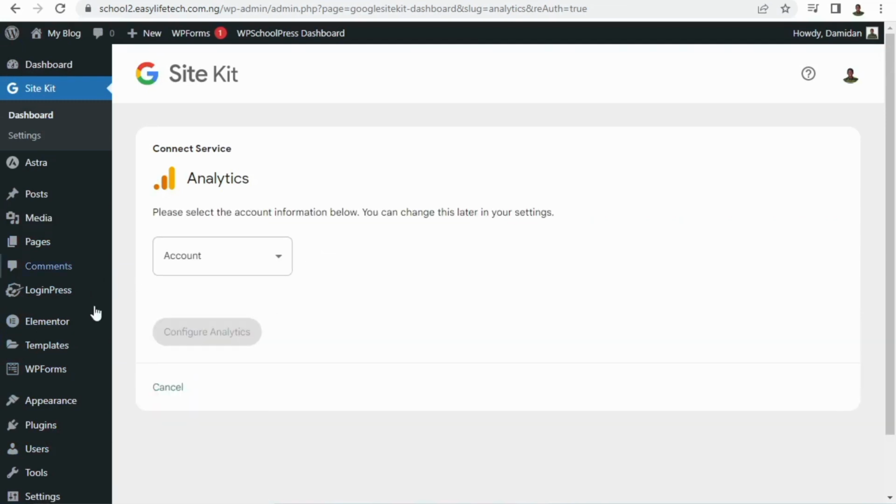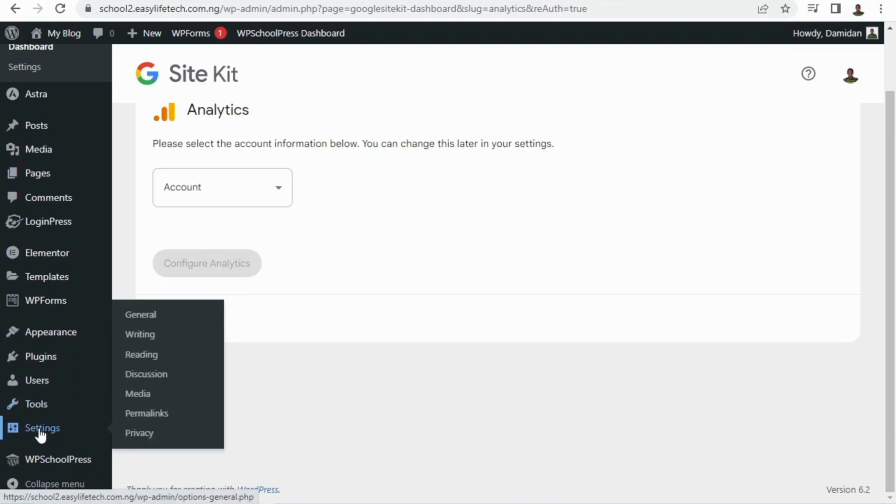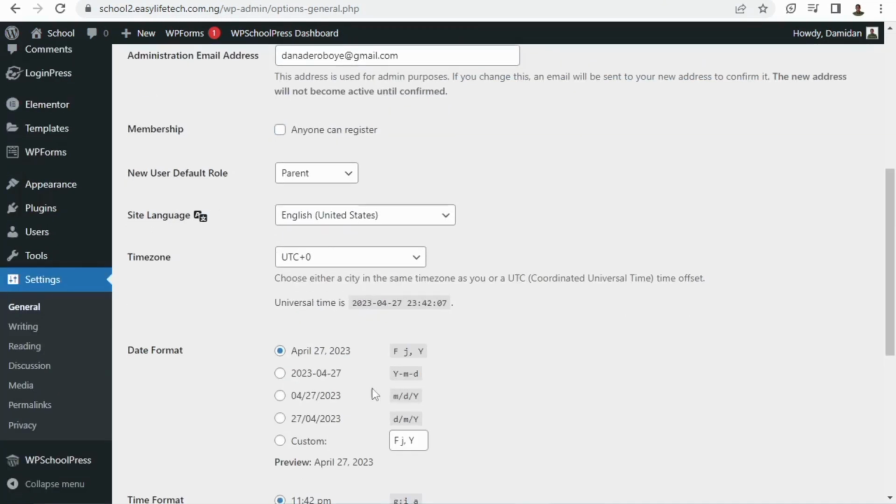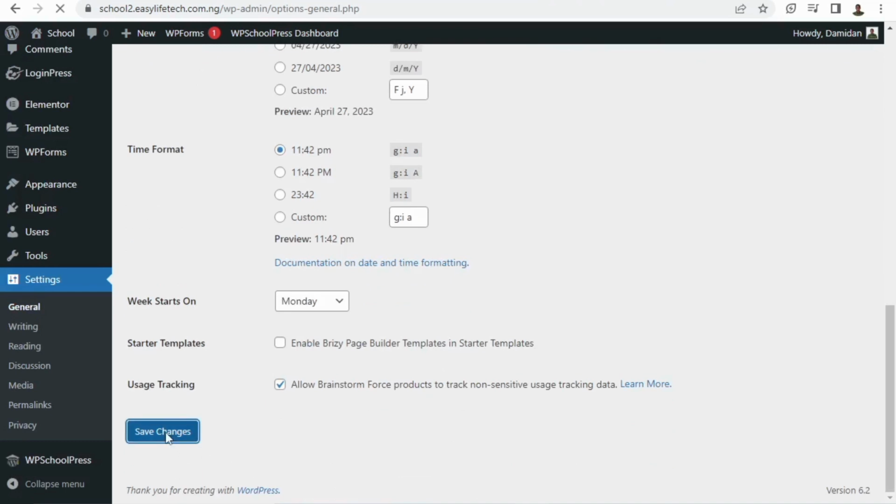So guys, this is cool. Now the last thing I want to show you is settings. Click on settings, click on general. You need to change this. Your site name should be the name of your school. So let's call the name of my school, and I'm going to call the title Best College in Nigeria. Just anything you want to change, you call it Best College in Nigeria. Then I'm going to come here and click on